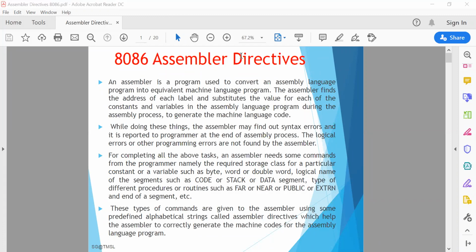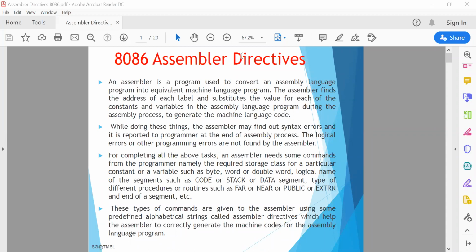The assembler decides the address of each label and substitutes the values for each of the constants and variables. It then forms the machine code for the mnemonics and data in the assembly language program. While doing this, the assembler may find syntax errors. The logical errors or other programming errors are not found by the assembler.